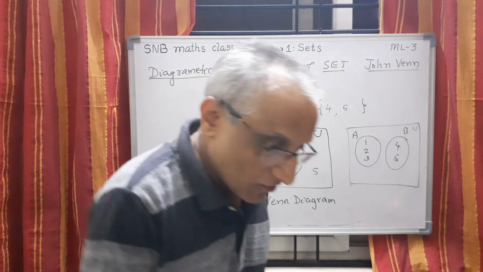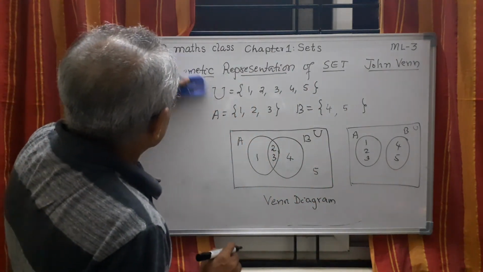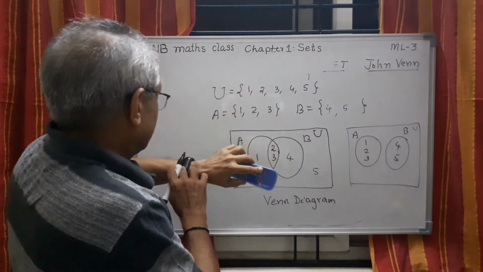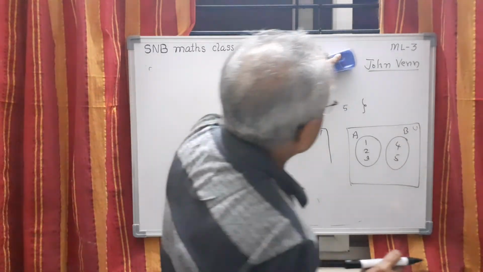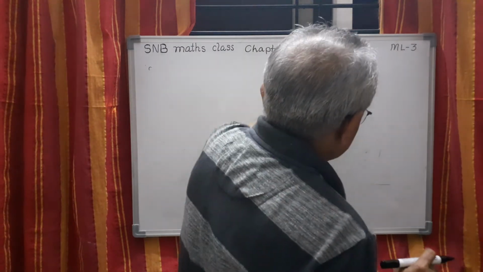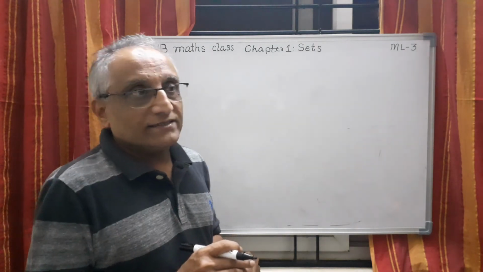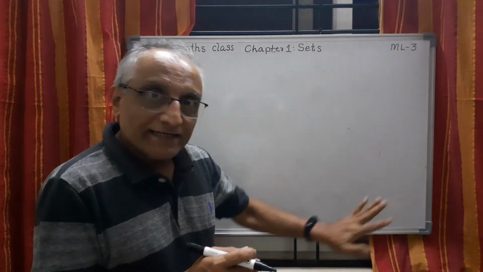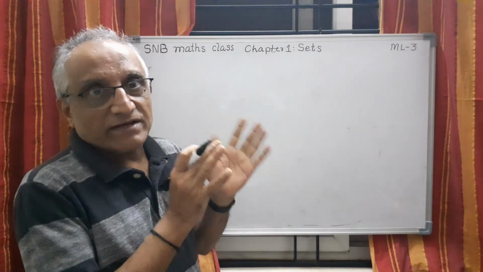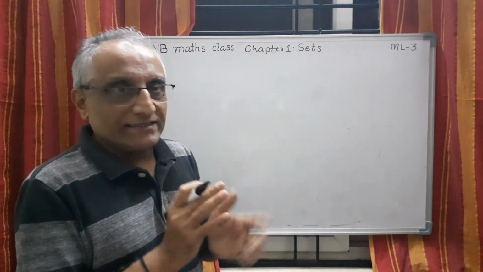So this is all about the basics of sets. We started with the definition of the set, then we studied how to write the set using certain symbols. Then we studied two types of representation of a set, that is the roster method and the set builder method. Then we completed types of sets starting from the empty set. So this is actually the basic knowledge required for sets.